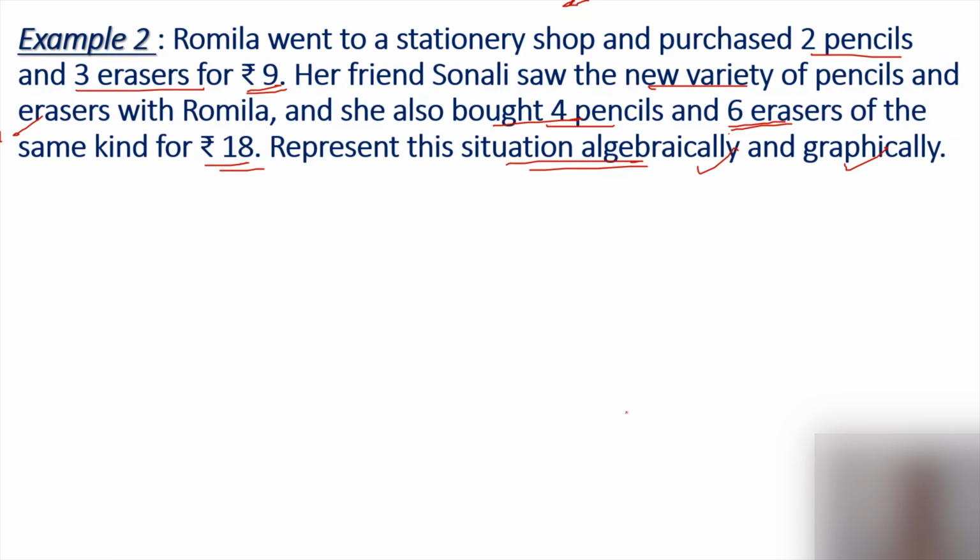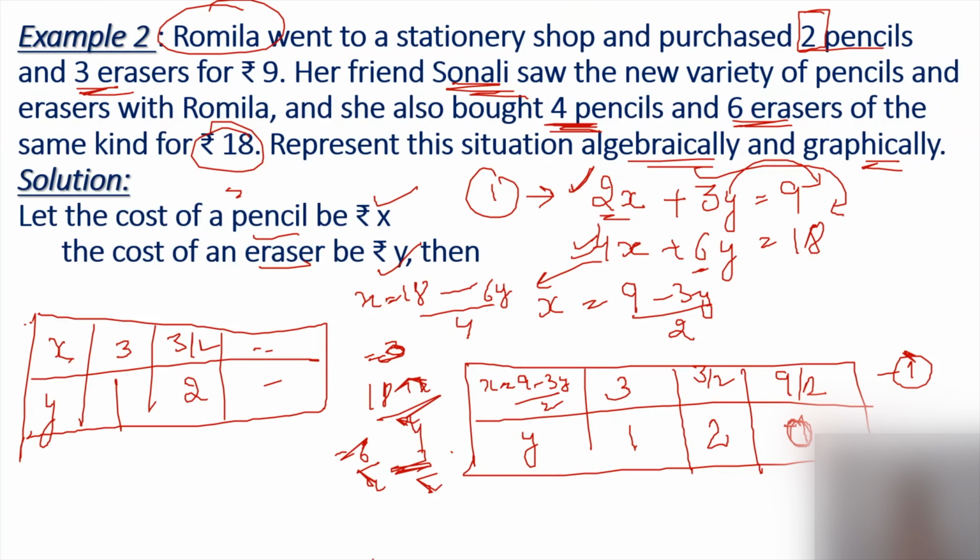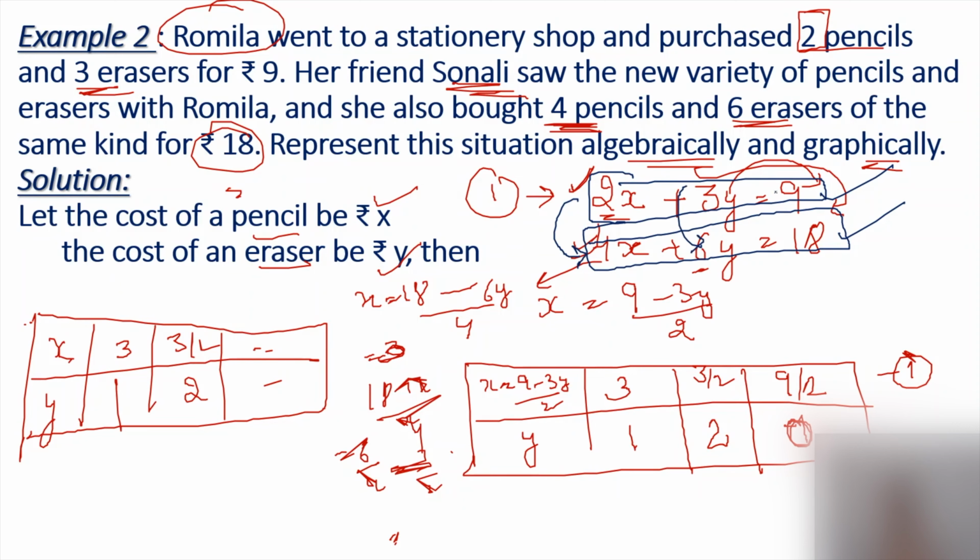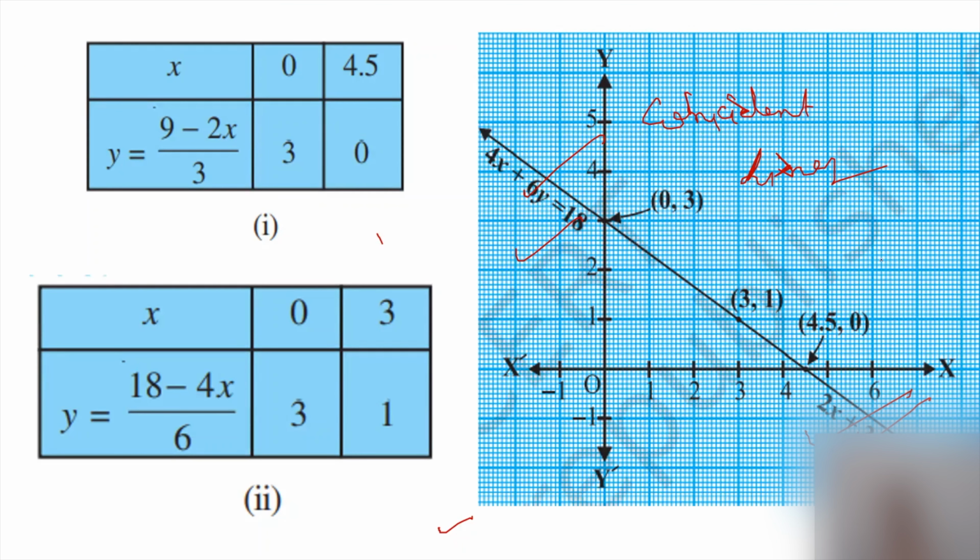Now if we take the second situation, the two equations were there. If we analyze these equations, we can see that they are related. This is 2x plus 3y is equal to 9 and 4x plus 6y is equal to 18. The number of things that she purchases is exactly double. Therefore, she has to pay double also. These are called same equations, or equivalent equations. Therefore, their graphs are also coincident lines. The lines are lying on each other.